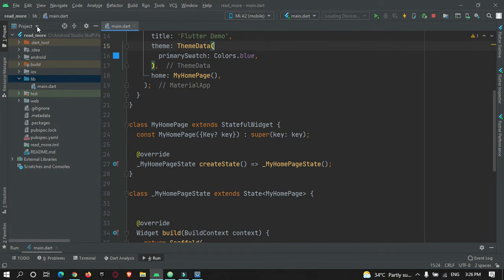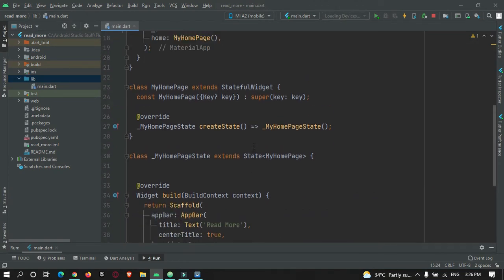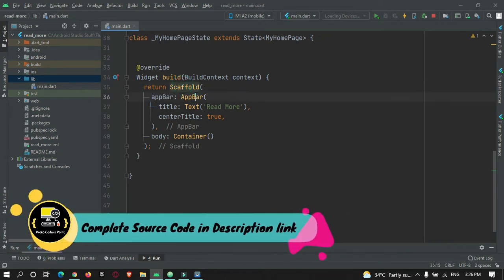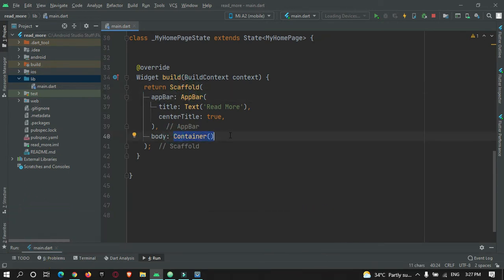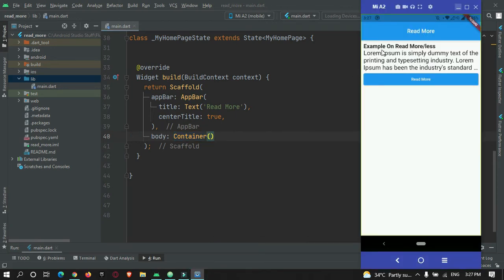Here I have already created a new Flutter project named read more, and for now it simply has a scaffold widget with the app bar, and in the body it simply has a container. First of all, let's work on the UI part. We need a text field and a button. So let's create it.